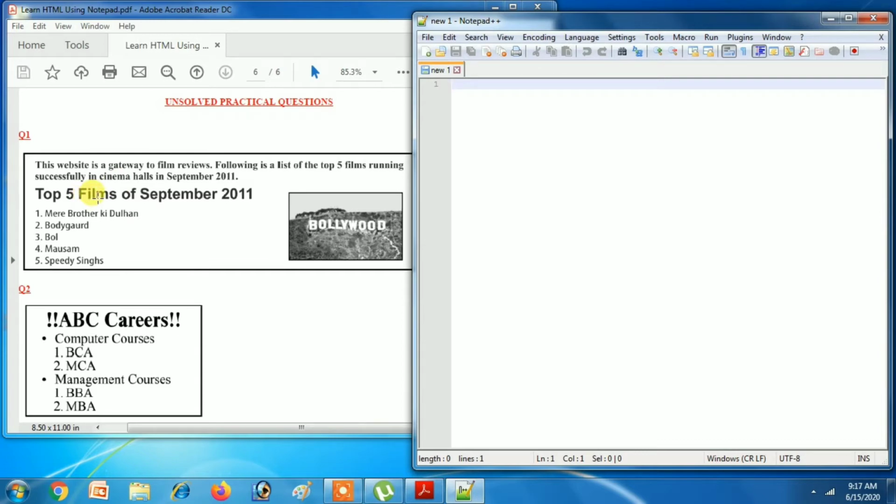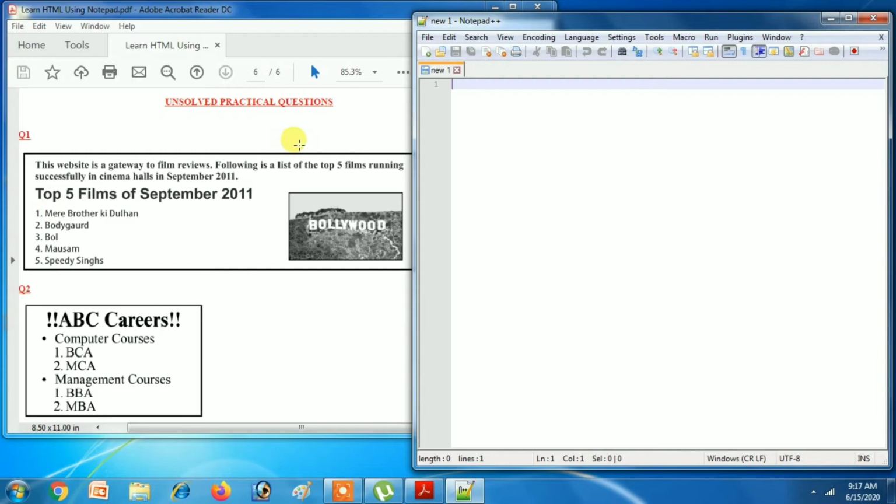This is a heading. For heading we can use h1 to h6. It seems like this is the largest heading, so I will use h1. For the image we will use the img tag. The image is on the right side, so we have to write the align right attribute. This is an ordered list. For an ordered list we will use the ol tag.